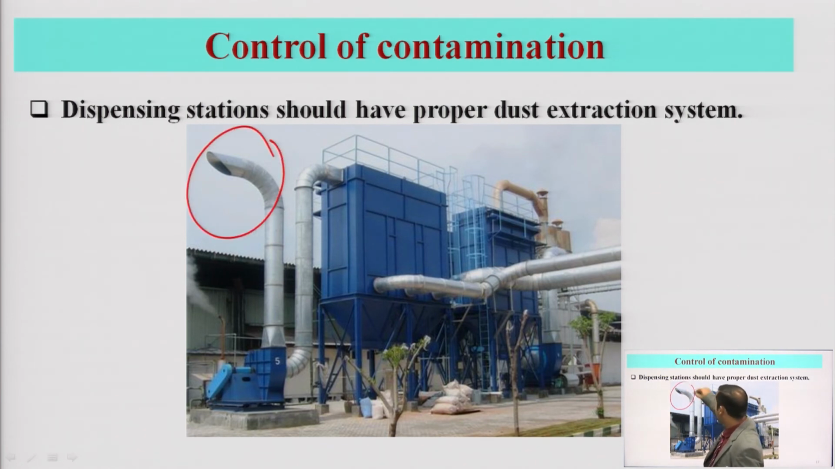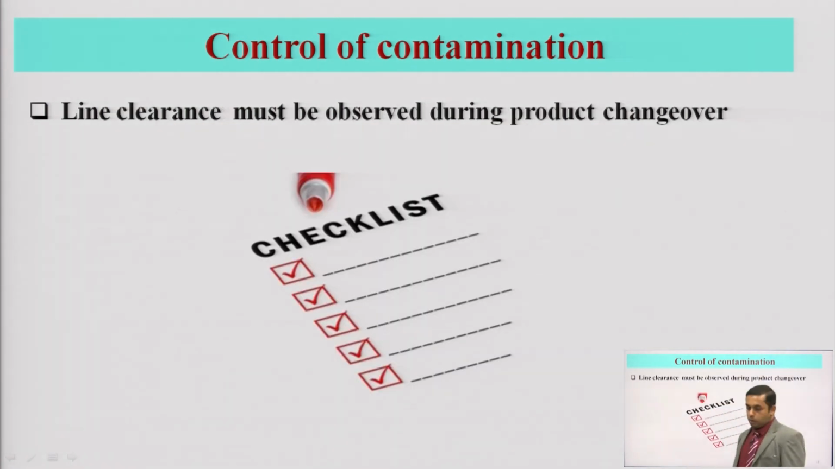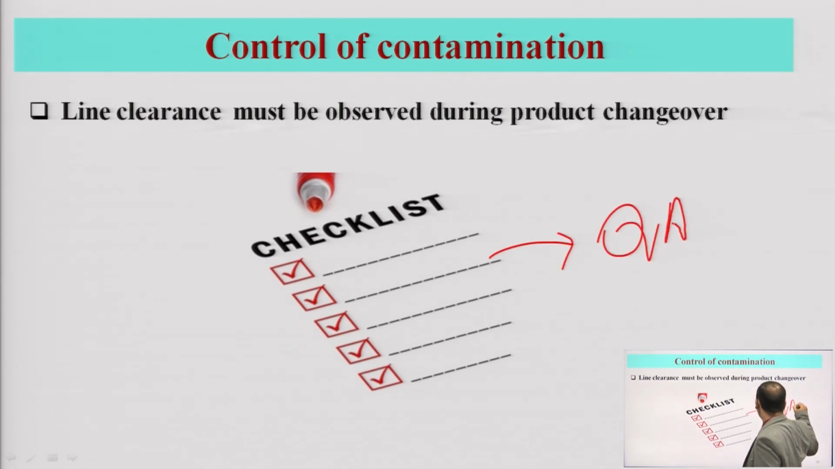For example, whatever dust is present within these premises will be extracted out. And also take line clearance. When you are producing some tablet in your unit, you will have to take the line clearance from the QA chemist. Here I have written a checklist. What will be in the checklist? Like